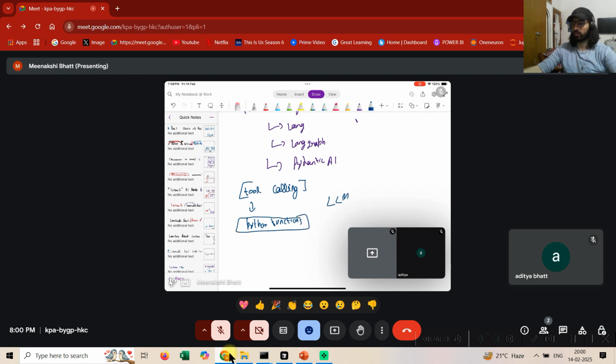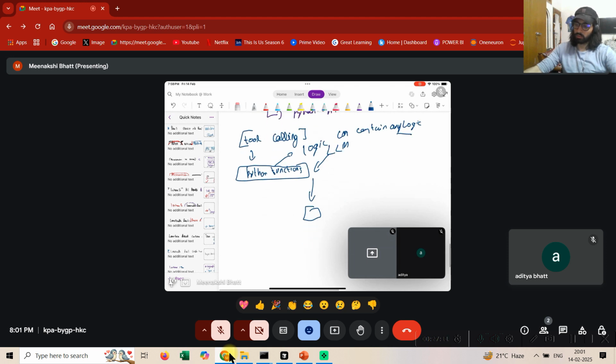It's just the Python functions that you've been defining from whenever you started learning Python. And you want your LLM to have access to Python functions so that it can be smarter, right? This Python function can contain any logic in the world. Now let's say I run a business and this is my logic. I can write it inside a Python function and let an LLM call it. It can go to a database, query, and give you results in real time. It can